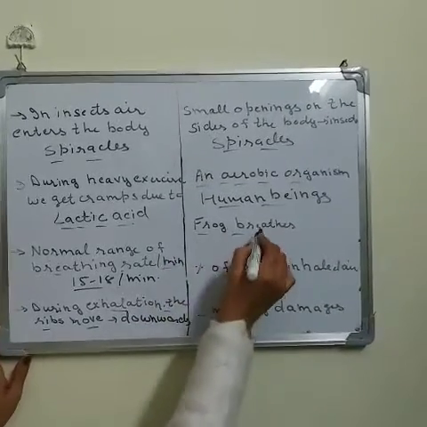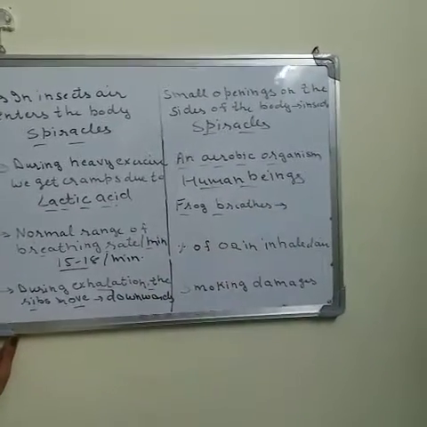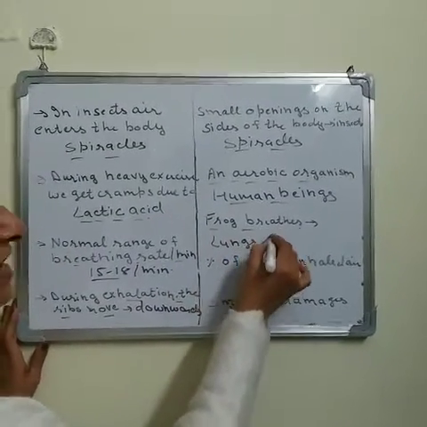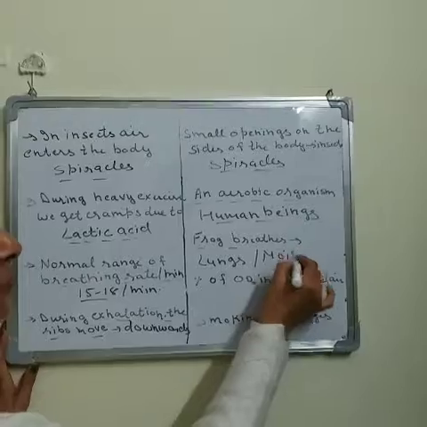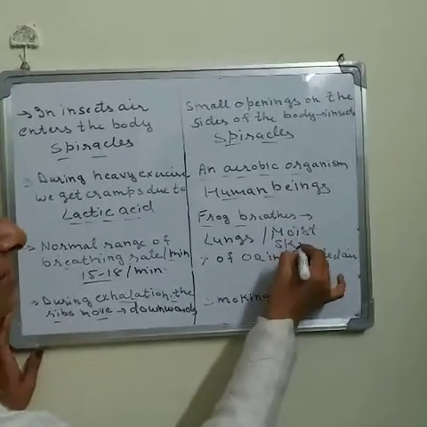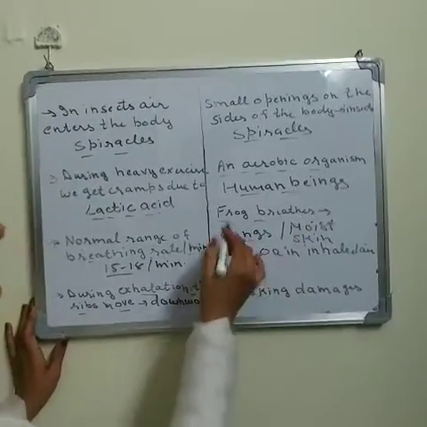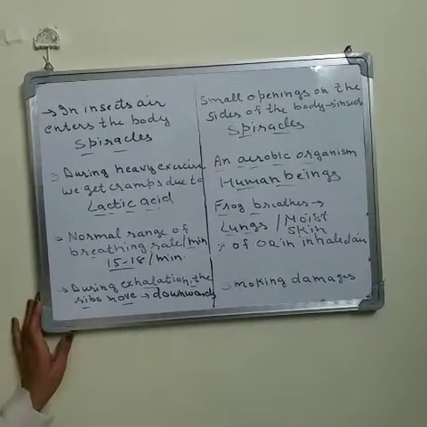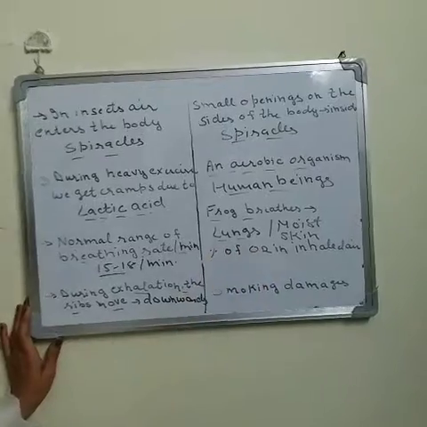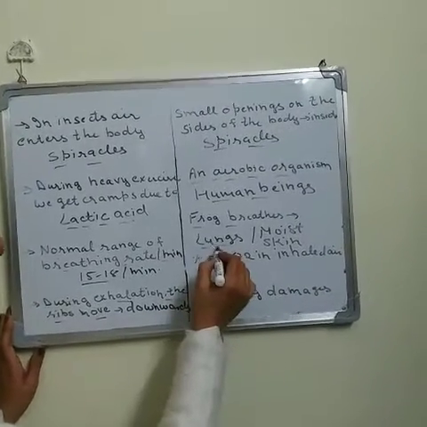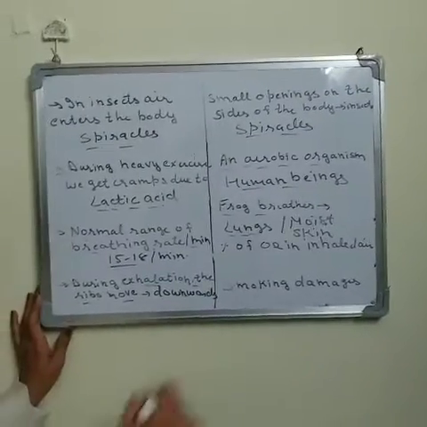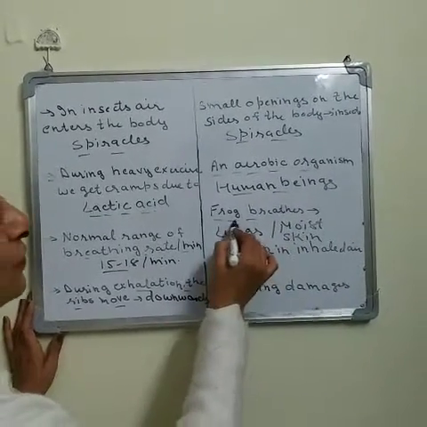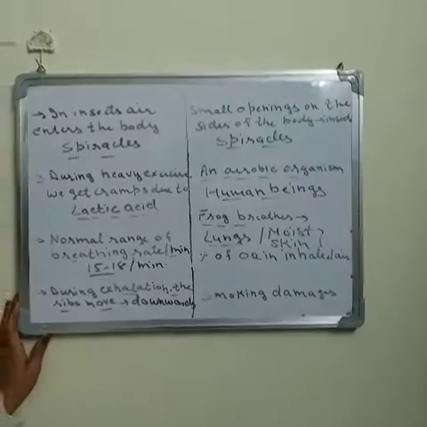Okay. Now can you tell me what frogs breathe through? Frogs breathe with the help of the lungs as well as with the help of moist skin. The frog is an amphibian. It can live on land as well as in water. When the frog is on land, it respires through its lungs, and when it is in water, the frog breathes through its moist skin.